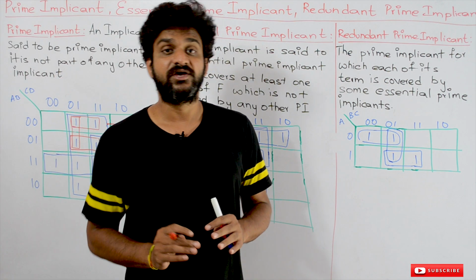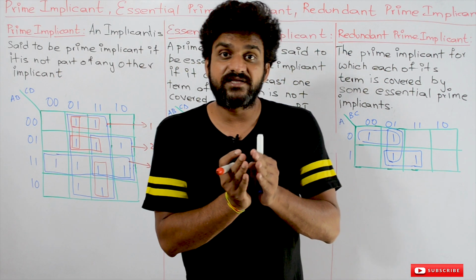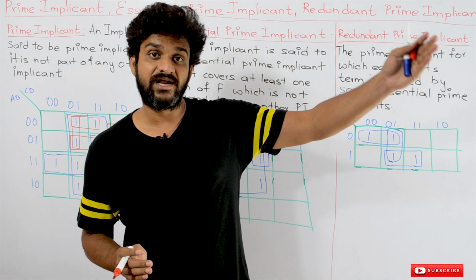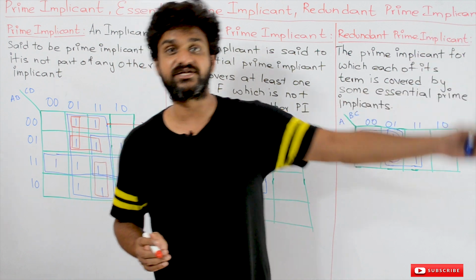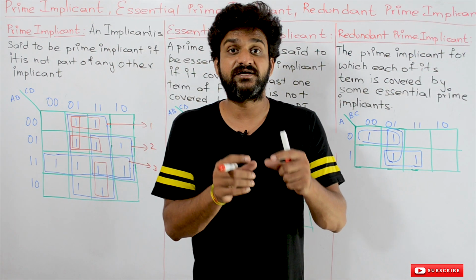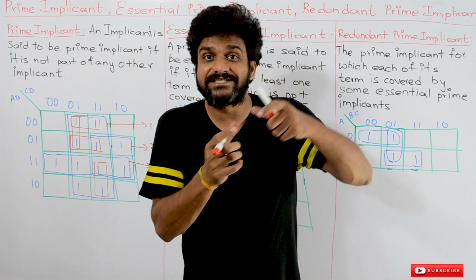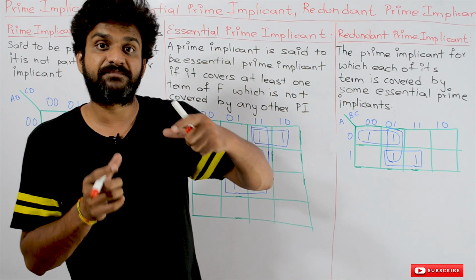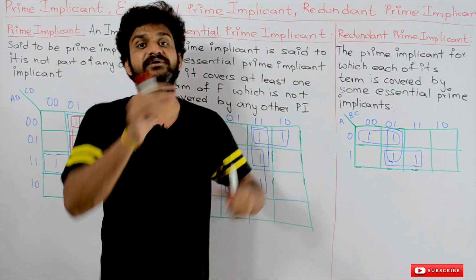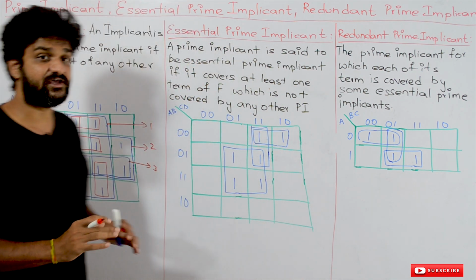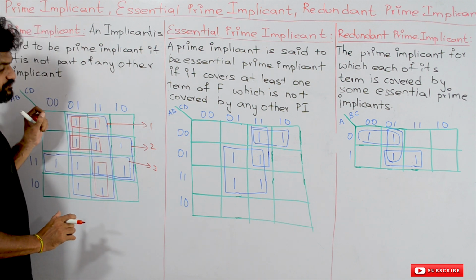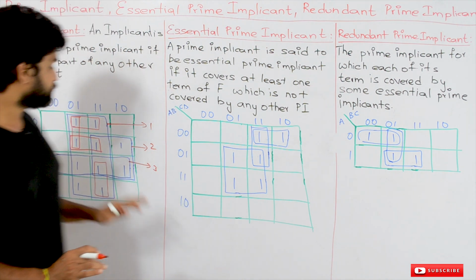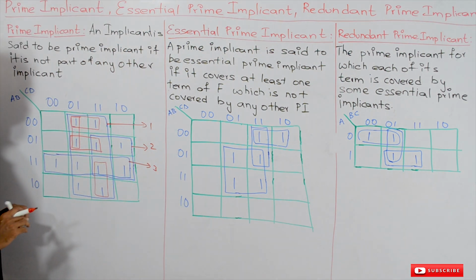That is the reason why we said that we have to take the subcube as big as possible. While discussing the K-maps, we said that we have to take the subcubes as big as possible, because that biggest possible subcube should not be embedded in another subcube. So that is the reason why we have taken as big a subcube as possible, so that it cannot be embedded in another subcube. This is what we call a prime implicant.